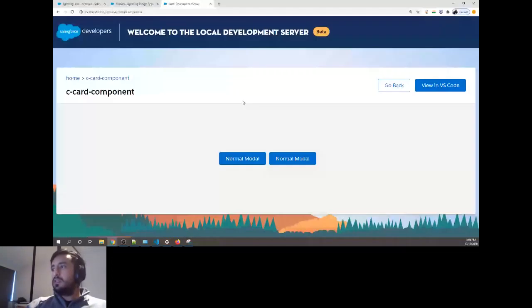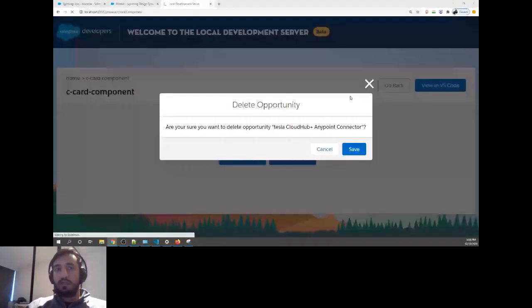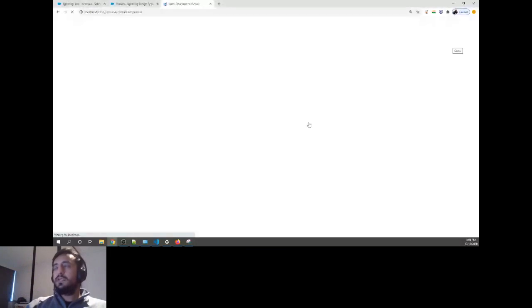So I'll click the first button. It's still working. I'll refresh it because we don't have a close option right now. I'll change the button name here so that we are able to differentiate, and I'll say headless model. It's pretty slow. I don't know why, but it's usually very fast.